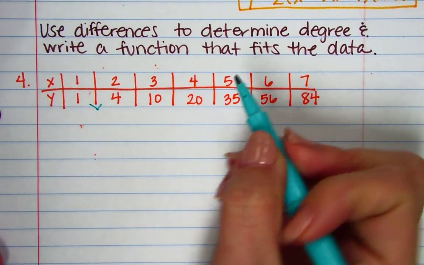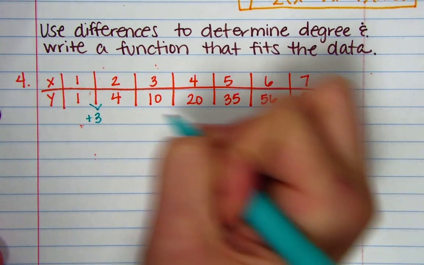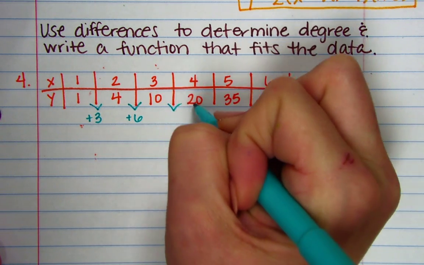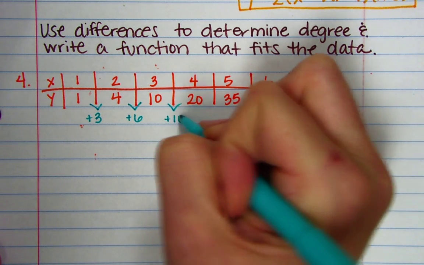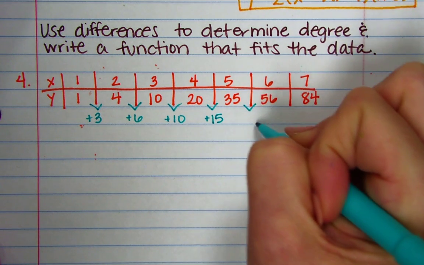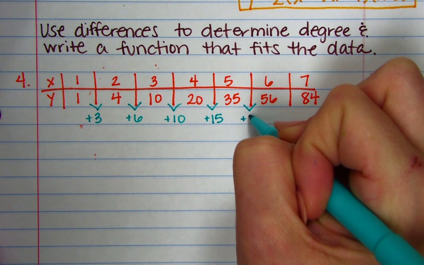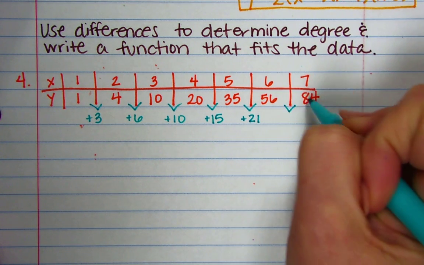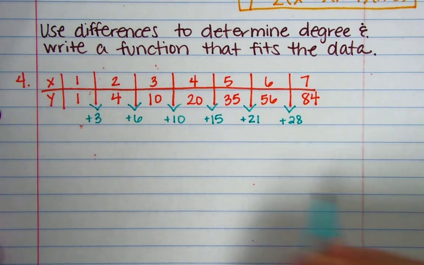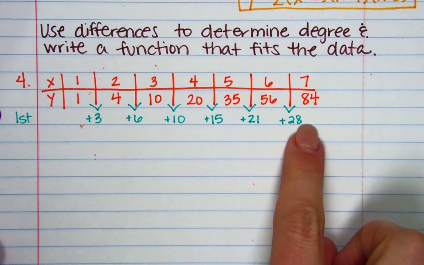What's 4 minus 1? 3. And I'm going to do plus 3 so I know it's going up. 10 minus 4? 6. 20 minus 10? 35 minus 20? 56 minus 35? 21. Right. 84 minus 56? 28. So if these differences were the same, like in Algebra 1,